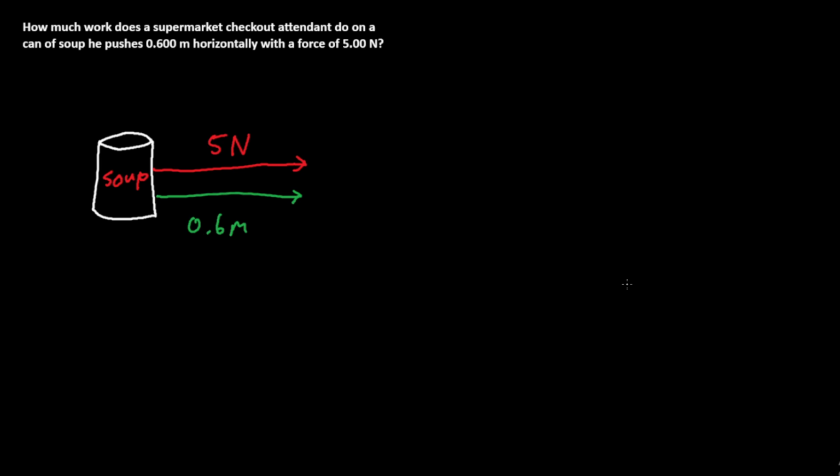This one technically should be shorter since the magnitude is shorter, but don't worry too much about that. And remember that the formula for work is equal to the dot product between force and displacement,